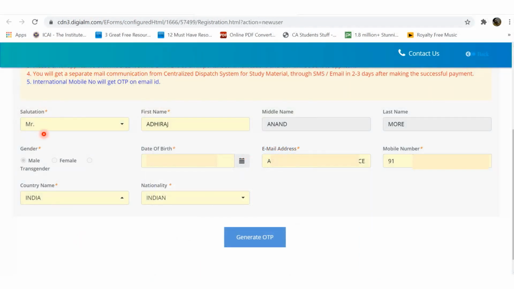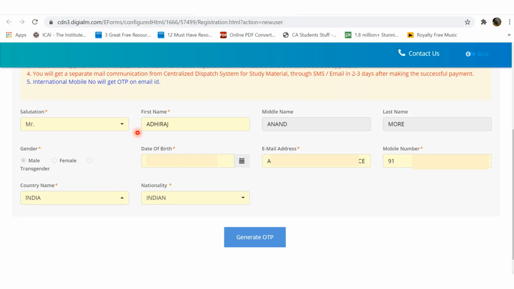So you are writing your salutation, Mr., Miss, whatever salutation is to be applied, that is to be considered, because there is no guarantee that a student will be joining the course only at the age of 16-17. There is a chance that a student may join the course at a later point of time. By that time his marriage also must have taken place, so they have considered Mr., Miss, etc., a lot of different options.